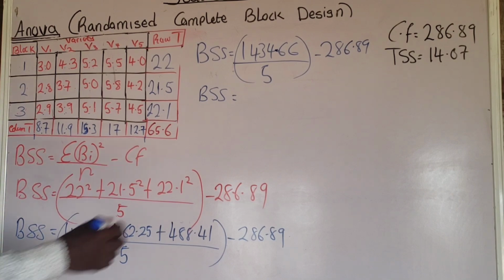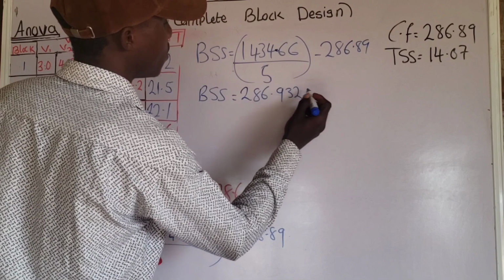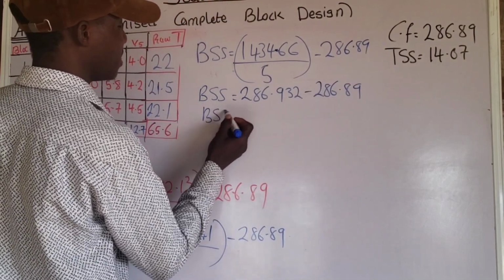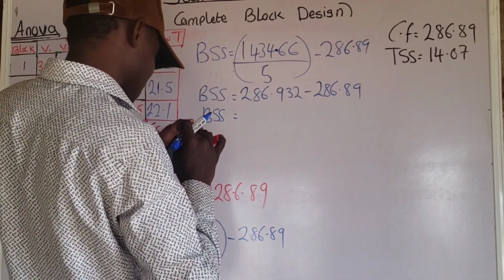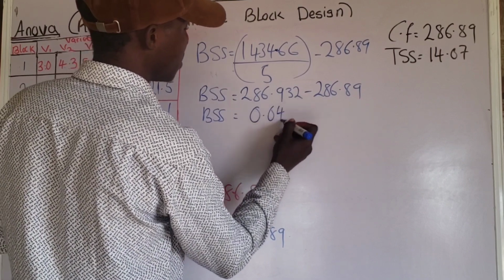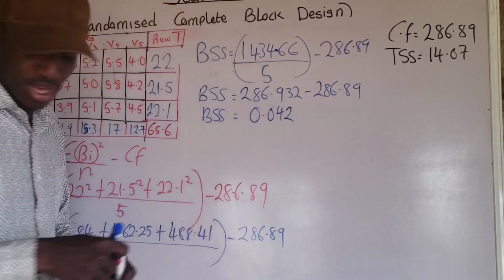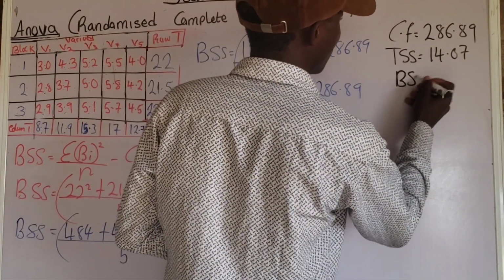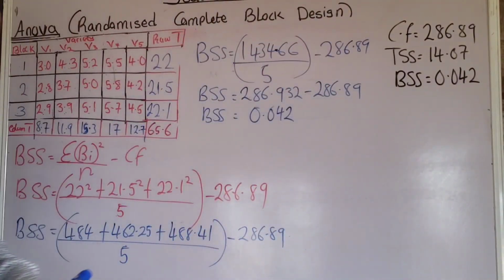286.932, okay, minus 286.89. So the block sum of squares is equal to 286.932 minus 286.89, that is 0.042, you understand? So here I'm going to have the block sum of squares equal to 0.042. Do you understand? Okay, now having gotten the block sum of squares, we have to determine the treatment sum